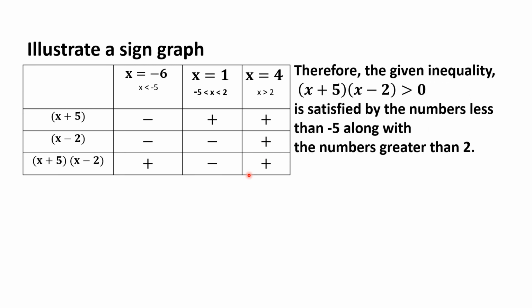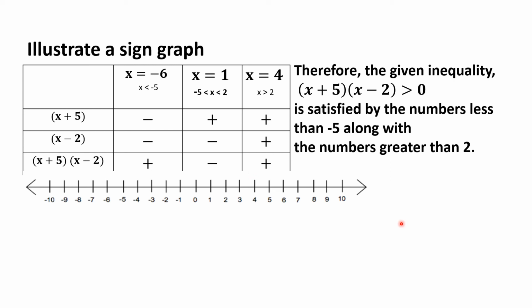So, therefore, the given inequality, x plus 5 times x minus 2 greater than 0, is satisfied by the numbers less than -5 along with the numbers greater than 2. So, if we are going to represent it in a number line, ito siya. Yung ating point -5 at point +2, they are not included. Hindi sila kasali sa mga numbers na nagsasatisfy sa ating inequality. Kaya kung napapansin nyo, the points are not shaded. So, ano ba yung mga nagsatisfy sa ating inequality? All the numbers less than -5 and all the numbers greater than